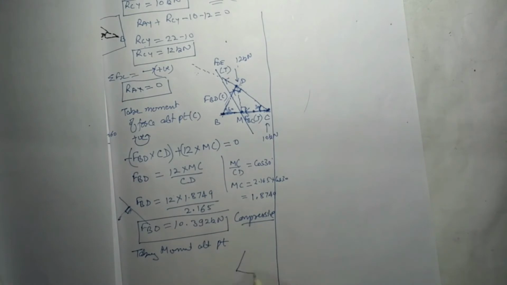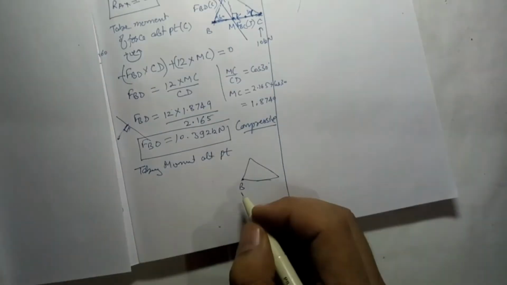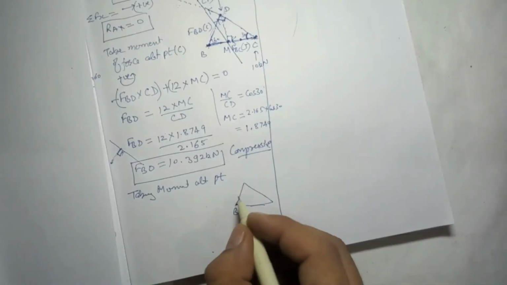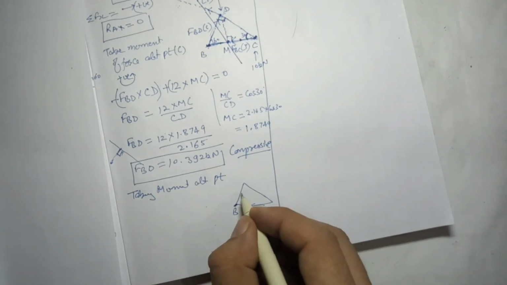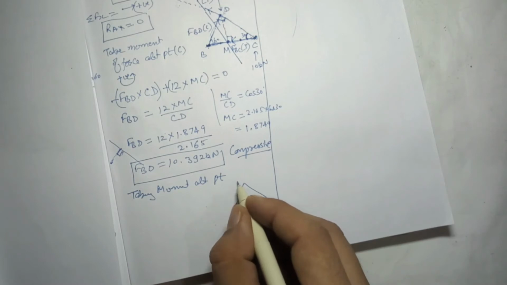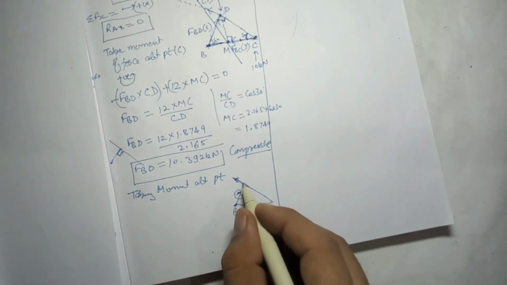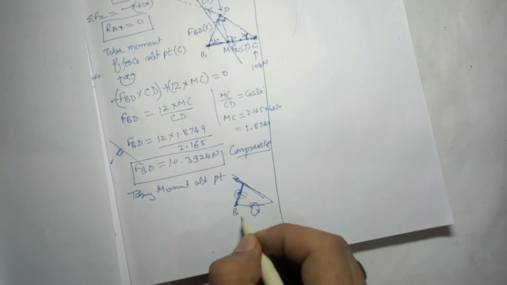If you want to understand it easily, you can see here, this is the point about which we now want to find out the moment of force, this point, right? So about this point, this force will be 0, and we can find out which distance, which force now, FDE. This force, because this will also be 0, this force 0, only we can find out this force with this perpendicular distance very easily about point B. So that is why I am taking point B.